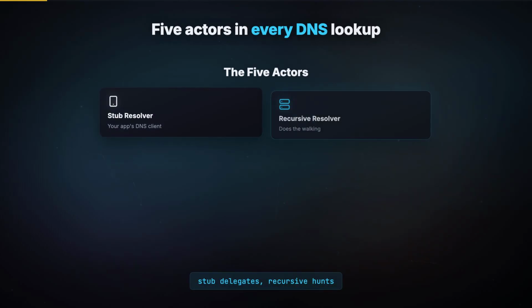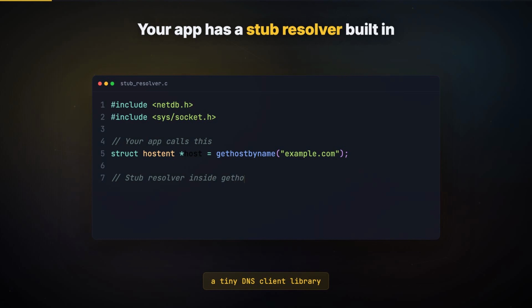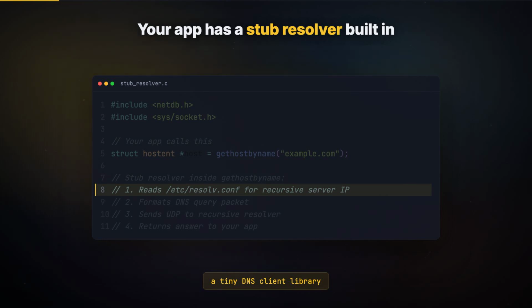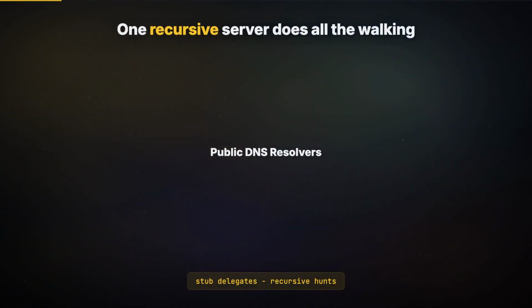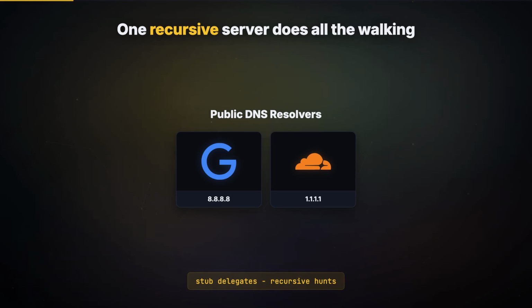The 5 actors in a DNS lookup. DNS resolution involves 5 distinct actors. Your application contains a stub resolver, a tiny library that knows how to format a query and send it. It talks to a recursive resolver, usually run by your ISP or a public service like Google or Cloudflare. The recursive resolver does the heavy lifting, querying root servers, TLD servers, and finally the authoritative name server that actually